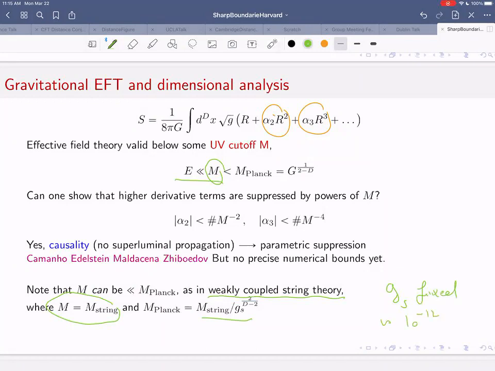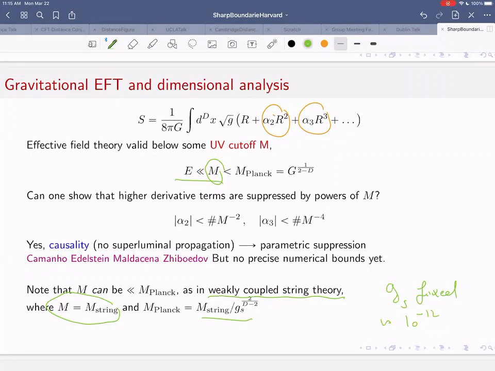And then there's no doubt that all the way up to the string scale, you can certainly trust the tree-level approximation to string theory, but eventually, of course, as you reach the Planck scale, it's going to start producing black holes, and the whole thing becomes very strongly coupled. Now, the question you want to address